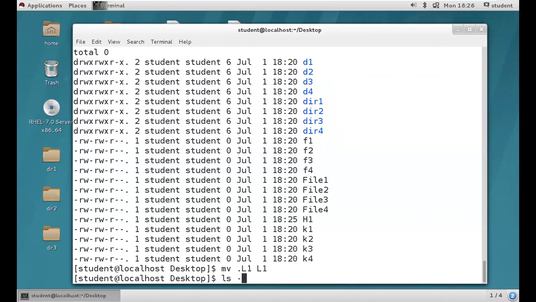Then the l1 directory is going to unhide. So if you need to hide files and directories, you need to keep the dot in front of the file name. That's it. If you need to unhide, you should rename using the mv command, .L1 to L1, normal L1. So clear? I hope you got it.